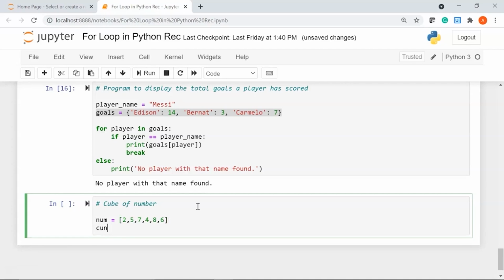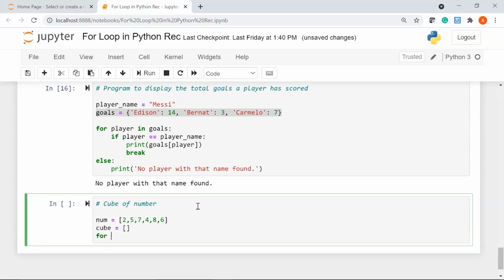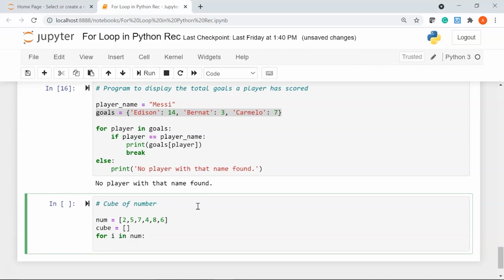Then I'll declare an empty list within empty square brackets. I'll say for I in my sequence name, that is num, I'm going to use my empty list cube followed by the append function, and inside the append function we'll have the cubes of the number.